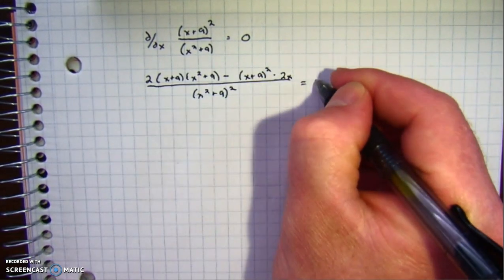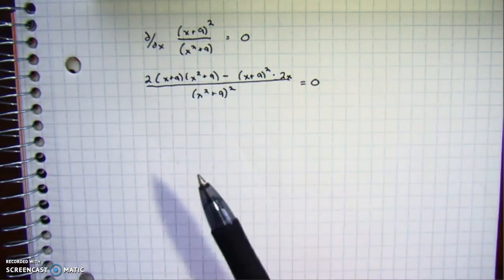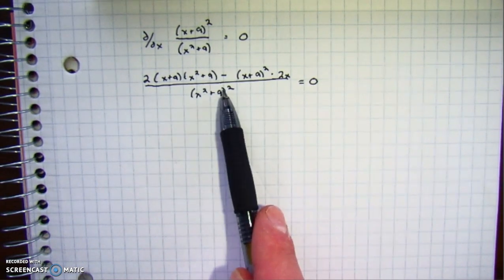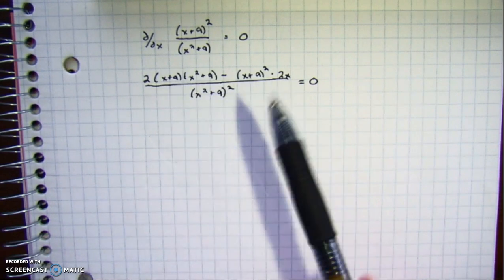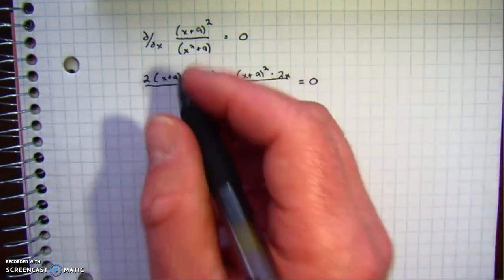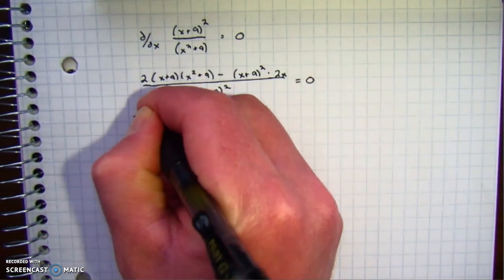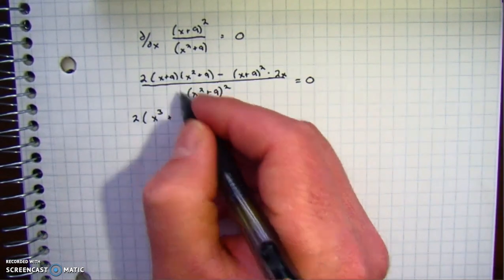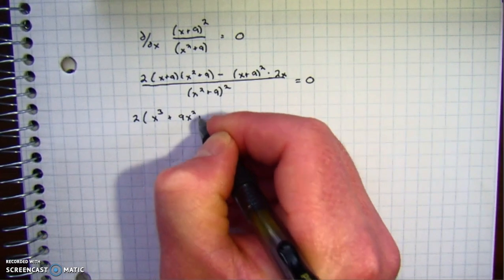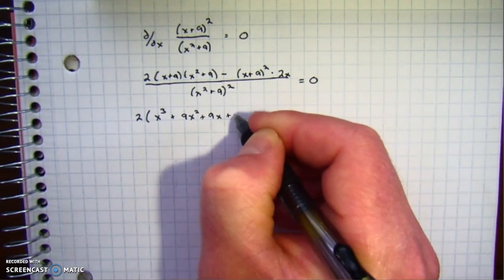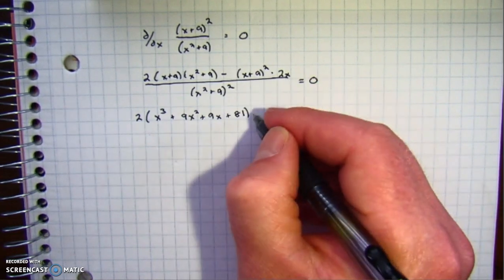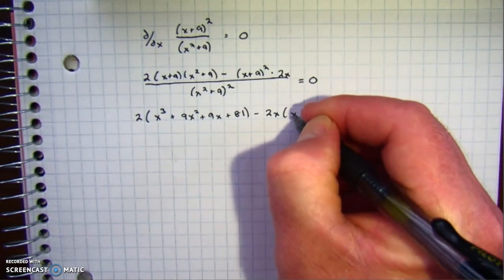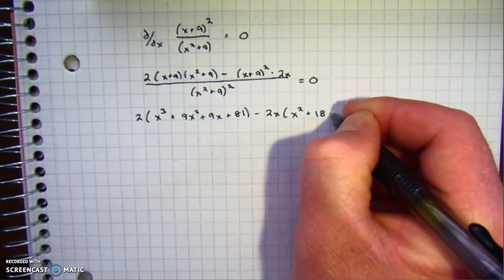Okay, so this is going to take a little bit of algebra. Let's focus just on the top. The bottom is just going to stay as is. But on the top, let's try to simplify this out just a little bit. I'm going to leave the 2 alone, and then let's FOIL this out. So I'm going to have x cubed plus 9x squared plus 9x plus 81. Then minus, let's bring this 2x to the front, and then we're going to FOIL this. So I'm going to have x squared plus 18x